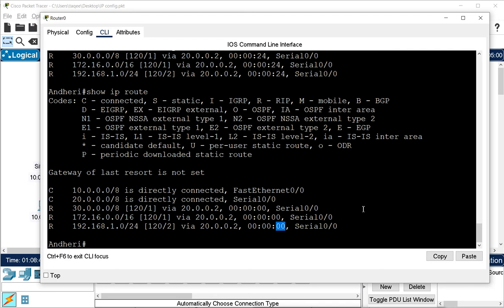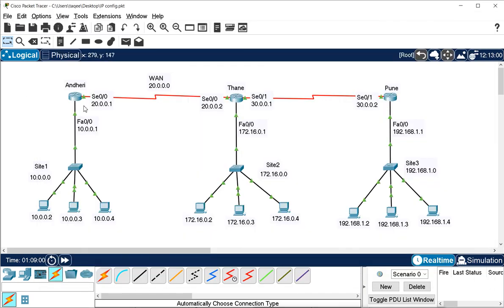Now once the routing table is created, what does the RIP protocol do? It sends the routing table after every 30 seconds. So after every 30 seconds they send the information to each other. That means once the 30 seconds are over, this router will send information to all these interfaces. Then 30 seconds for this router, when this expires, it will send the information to all these other interfaces, same as for the other router.